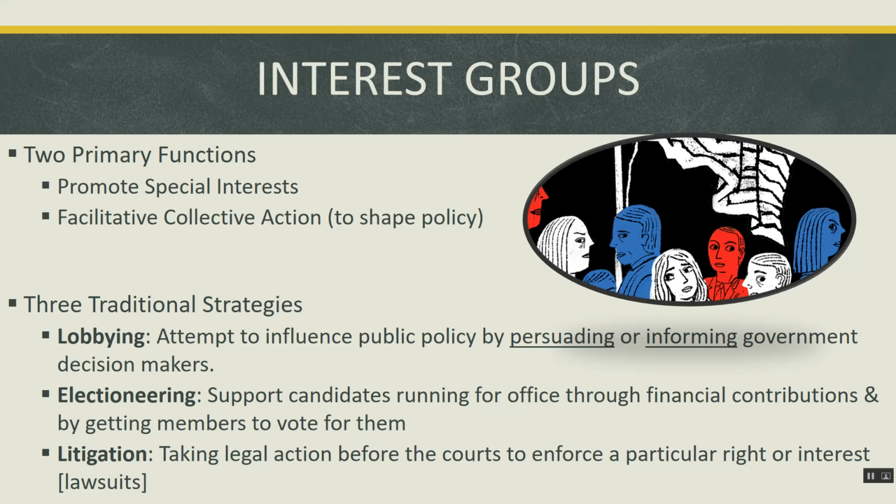to achieve their goals, is what we call lobbying. Lobbying is any attempt to influence public policy by persuading or informing government decision makers. There are a few points that I want to make about this. First, note that I said government decision makers and not elected officials. Some government decision makers, like members of Congress or the President, are elected officials, and you can lobby them. But you can also lobby unelected decision makers, like judges and justices, or bureaucrats over in the executive branch,